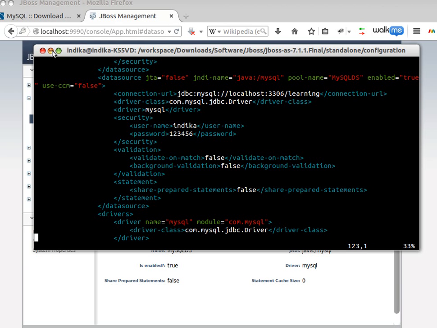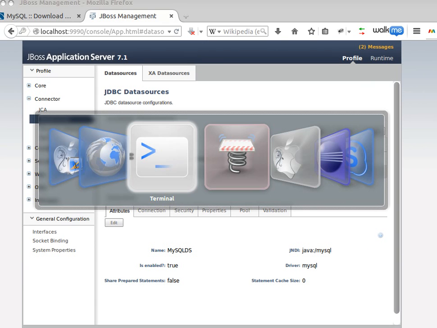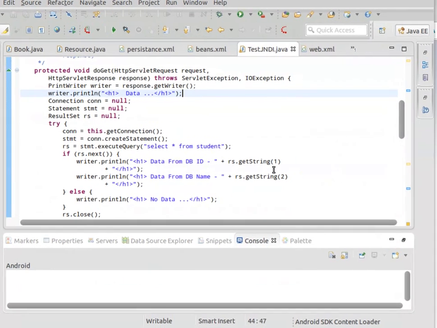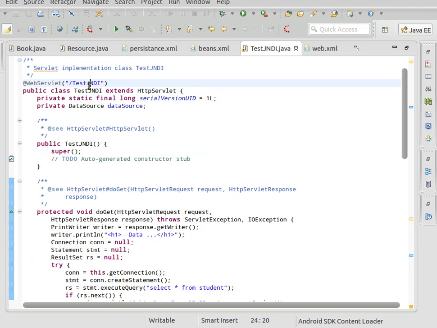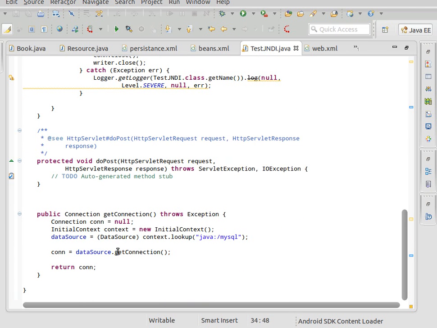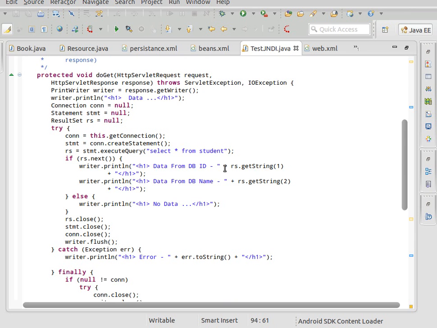Right, now to see how this works. Now we know the connection is there, but we need to now test the connection. So what I have done is I have created a sample servlet, which is a very simple servlet which runs as test JNDI. It uses JNDI and connects as a data source JNDI lookup to the data source that I have created, java:/mysql. It connects to the learning database which I have configured, and is going to create a connection,